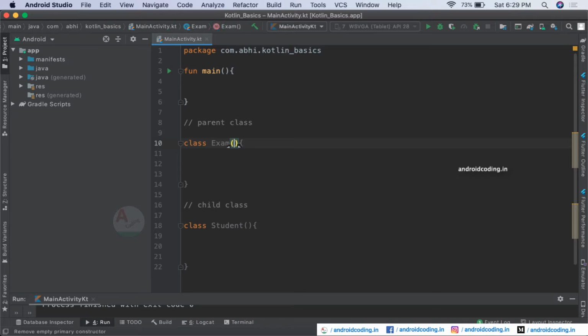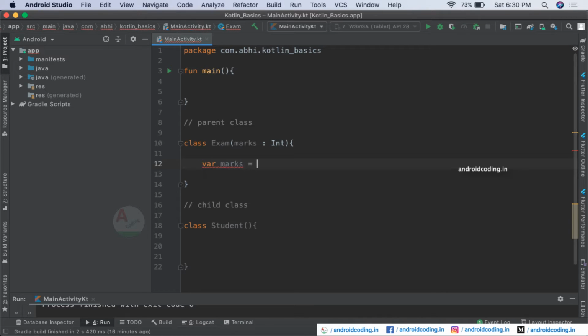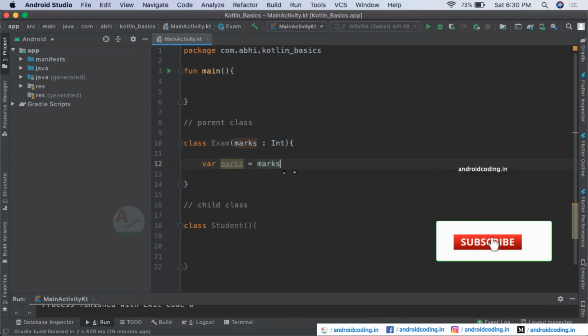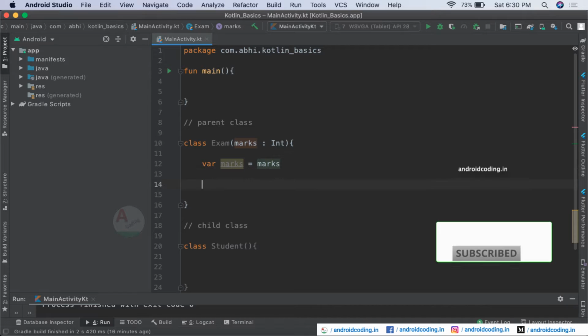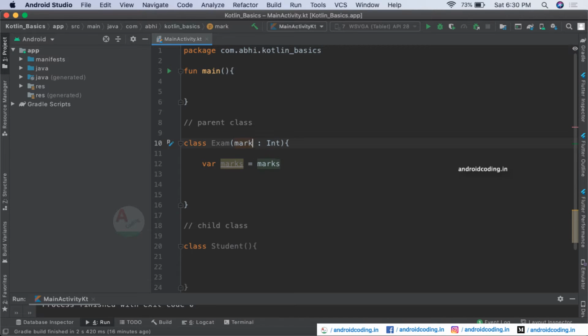We will be accepting a parameter marks which is of type integer, and here inside we will be considering a local variable marks, and for which we will be assigning this. So yes, we have assigned our marks to our local variable mark. To avoid confusion, you can just make it mark also here.